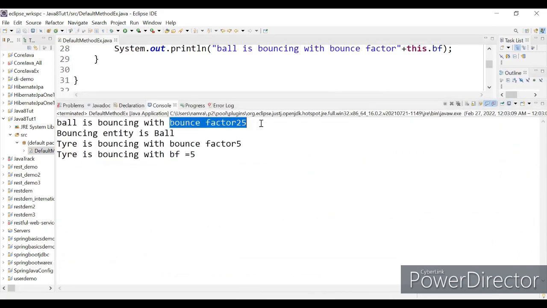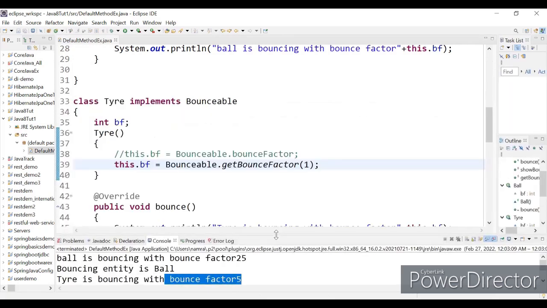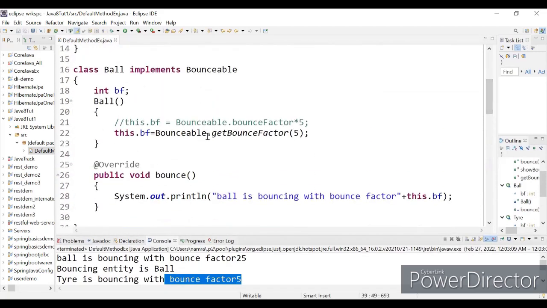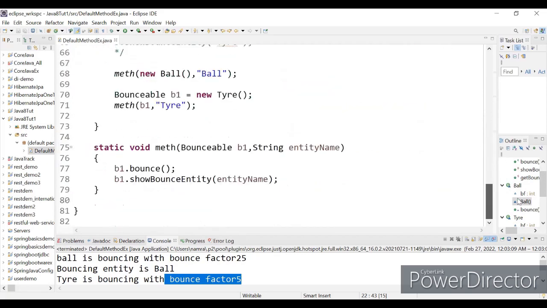The bounce factor is still going to be 25 and the bounce factor is going to be 5, because of the same multiple. The only thing is that earlier we were multiplying by 5. Now I have added a utility method to do the same thing. Okay, to enhance the bounce factor, I have added a static utility method, which you can directly call. Because it belongs to the interface, you can call it as it is wherever you need. In the implementation classes, you can invoke it, or you can directly invoke it from the main method also.